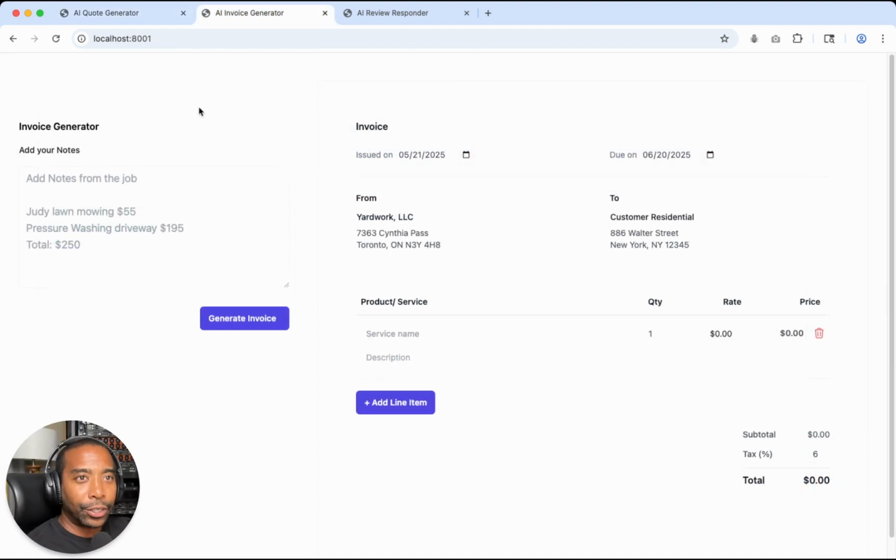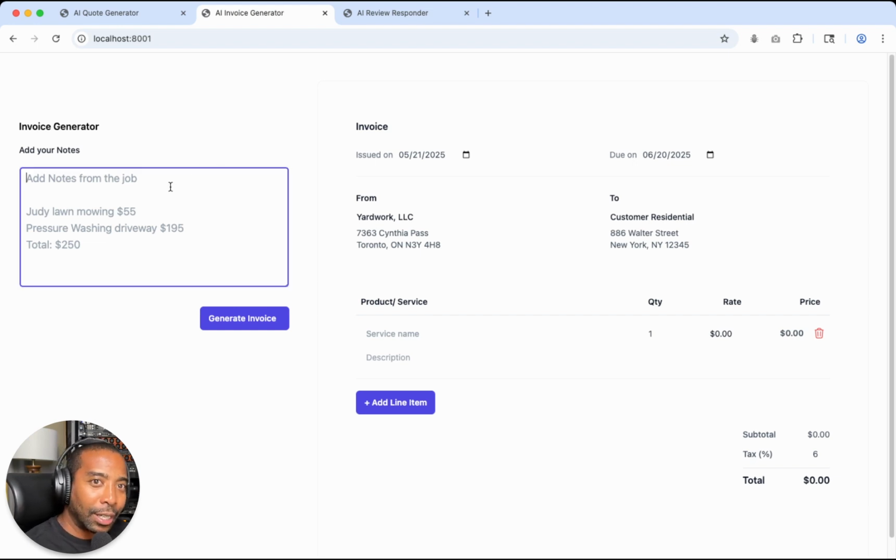All right, so day 2, I created this invoice generator that's enhanced by AI. So the idea is you won the customer, you performed the work, and now you're looking to get paid for the services that you performed. So you come here, you can put some really crude, nondescript notes here. Lawn mowing and edging and trimmed edges. And let's see what it